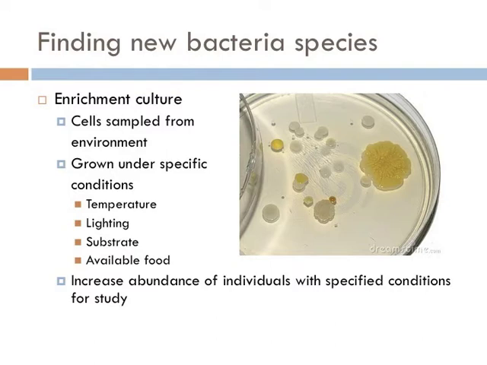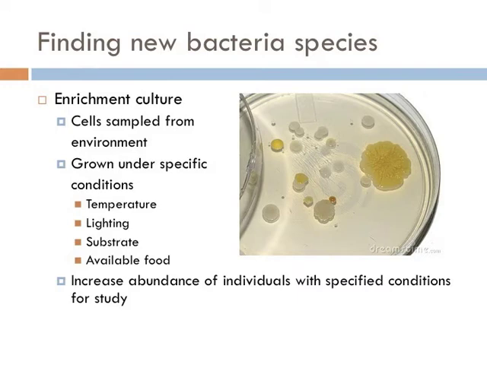So to find a new bacterial species, we have to do the above steps. But we have to do even more in the lab. We have to sample cells from a specific environment. The most studied environment is the human body, for obvious reasons. Of the 5,000 species we know of, 10% live in the human mouth. Just think of all the other environments where bacteria live, and you might go cross-eyed.